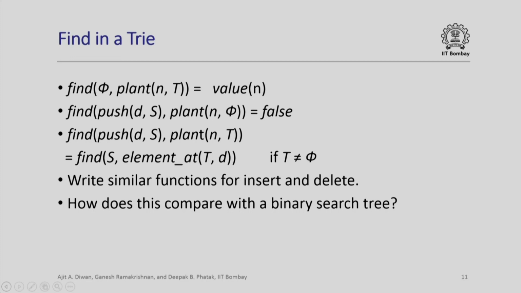And now how does this compare with a binary search tree? If we are dealing with 10 digit cell telephone numbers, then the height of the rooted tree is at most 10. We just go through 10 digits, and at each step we go to an appropriate subtree, one of the 10 possible subtrees. So the time here is independent of how many telephone numbers you have in the set. It does not depend on how many elements are there in the set. It only depends on the length of the sequence, which is 10 in this case.